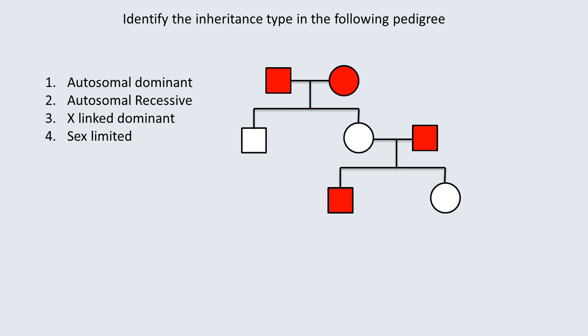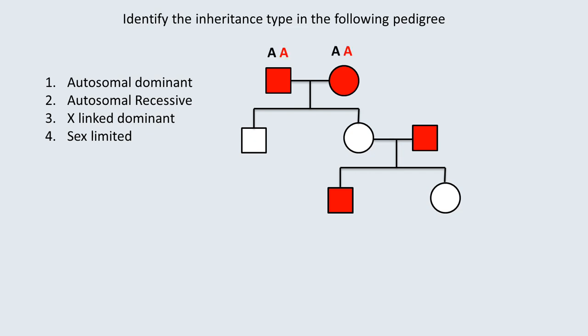Based on the pedigree, here you can say that there is no skipping of generation, because the first generation individuals are affected and their children are not affected, but the second generation female is married to an affected individual. So this clearly shows a trait which must be dominant. So based on the options, we can say that it might be autosomal dominant or it might be X-linked dominant. So let us check out our hypothesis, or our assumption as of now.